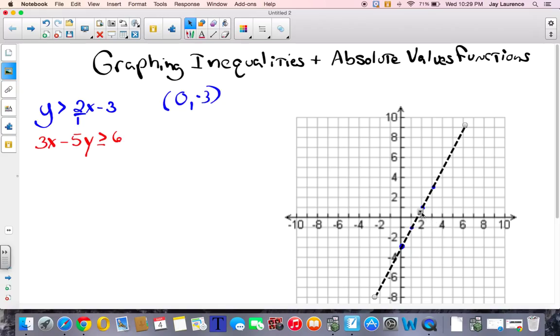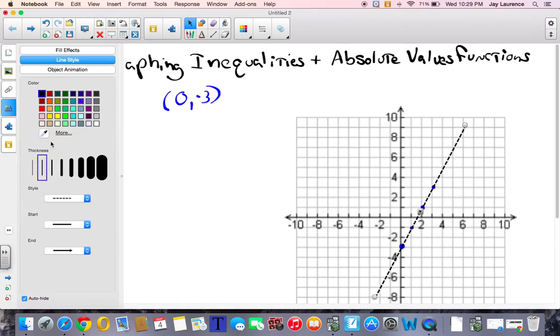And I need an arrowhead on the end. And I'll make it blue so it matches. A little bit thinner, make it blue, and put an arrowhead on the end. Okay, now